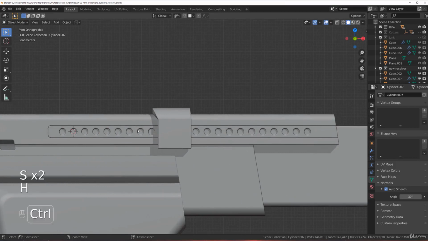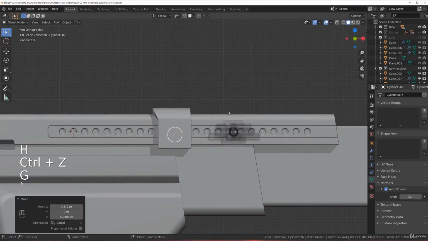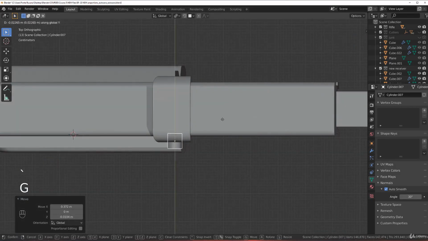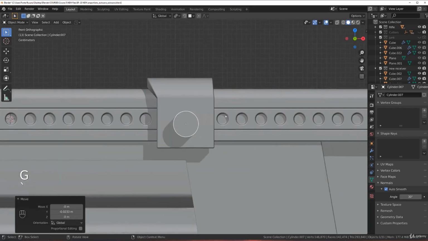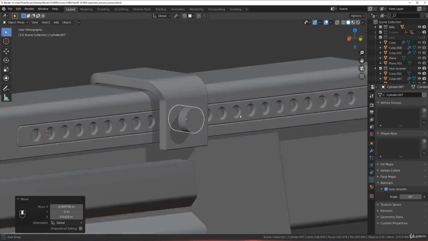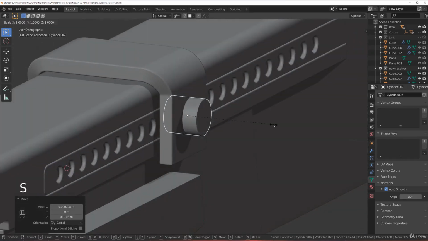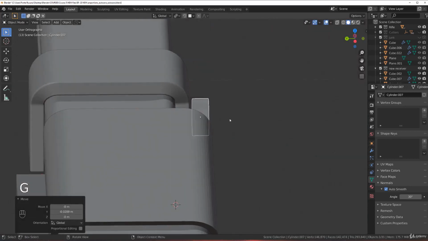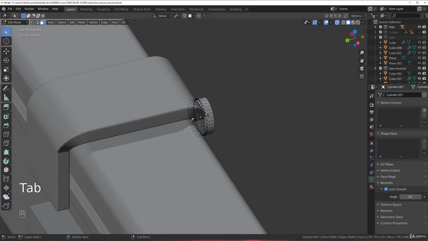So scale it, move it in here, GY, and we need to move it more or less on top of these little things. And let's scale this on X, move it out like this, and select this face in the